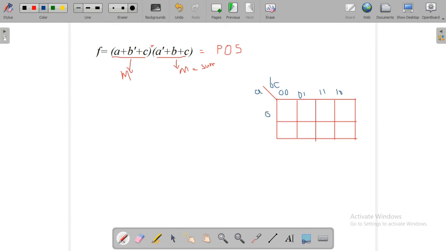To understand clearly, I am discussing some more examples. So this is a max term, so we have to write it with 1 negated. This is POS, that is max term. So 1 should be negated, that we can write here: A dash, and here it is A, and here how will you write B plus C? Good, that is the first one. Next B plus C dash. Next one B dash.